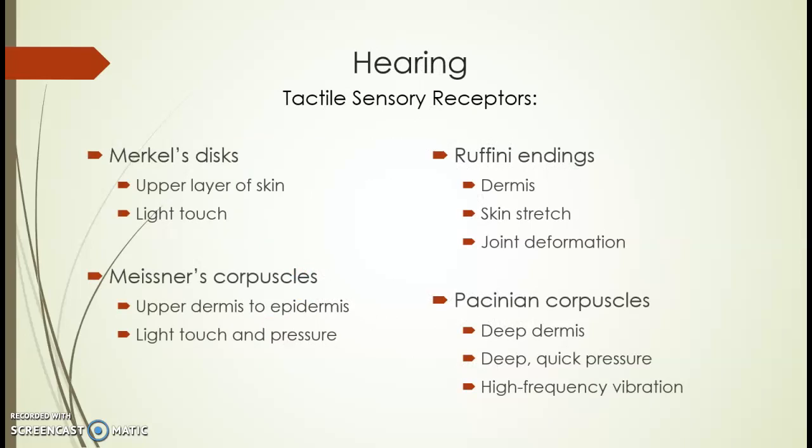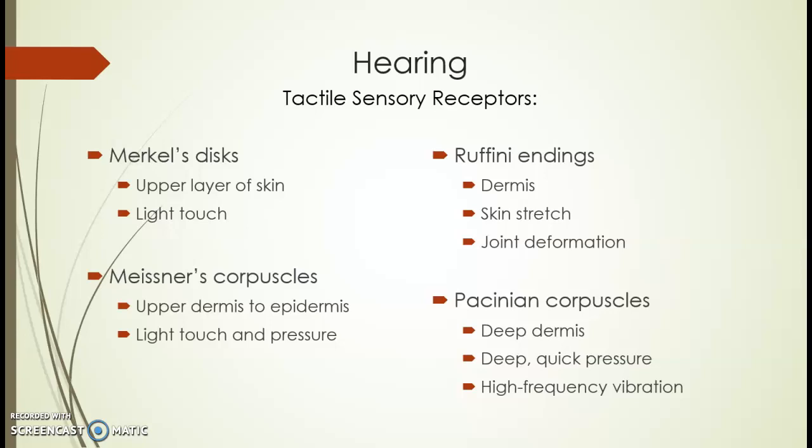There are 4 major types of tactile sensory receptors, all of which will respond to different touch sensations. These include Merkel's discs, which are found in the upper layers of the skin and respond to light touch, Meissner's corpuscles, which are in the upper dermis going into the epidermis and respond to light touch and pressure and to